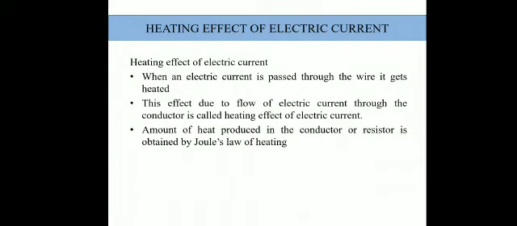So the amount of heat energy produced in the conductor, maybe in a wire or a resistor through which the electrons are moving, is obtained using Joule's law of heating. James Joule was the person to produce this law. So Joule's law of heating effect is the very easiest way to calculate heat energy produced, or we can also say heat energy lost, because heat energy is sometimes getting converted into light energy, or it is getting transferred to the atmosphere.